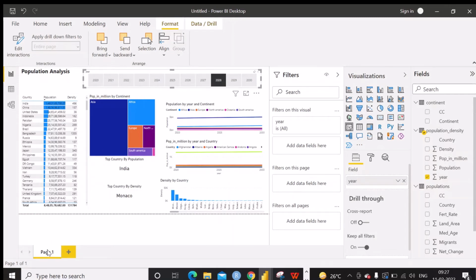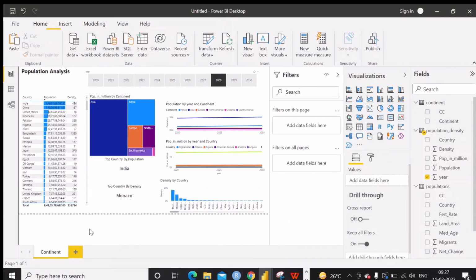Now we are going to rename this page as continent. Then we are going to create another page called country that will be used as a drill through.